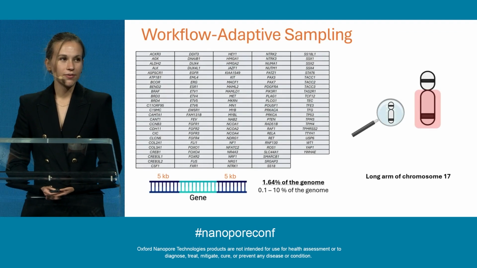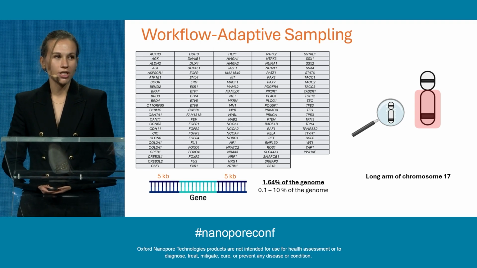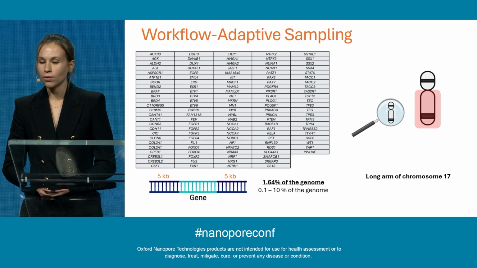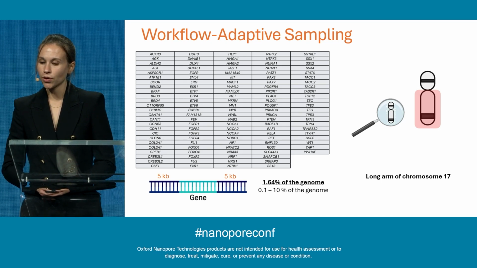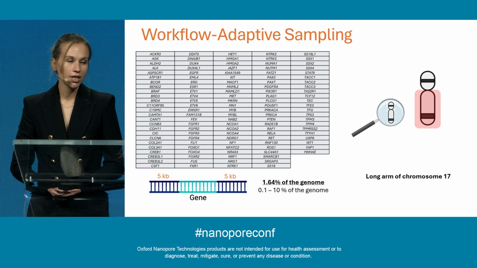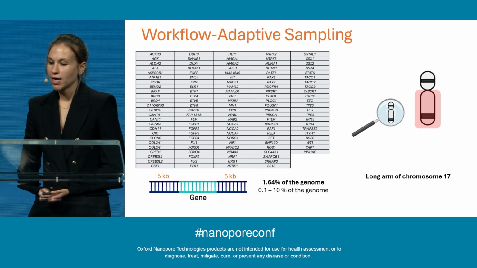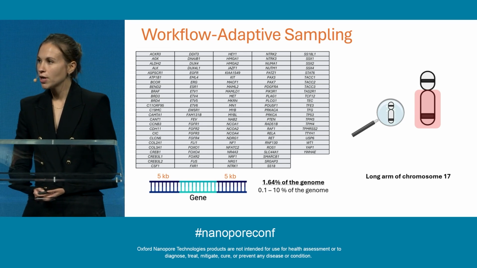Choosing adaptive sampling, we developed two different approaches. The first one, on the left, is when we want to study a panel of genes of interest. In this case, we load into the MinKNOW software the list of the genomic regions of interest, and we take into account 5 kb of flanking region upstream and downstream of each gene in order to increase the coverage. We try to obtain targets representing between 0.1% and 10% of the genome,